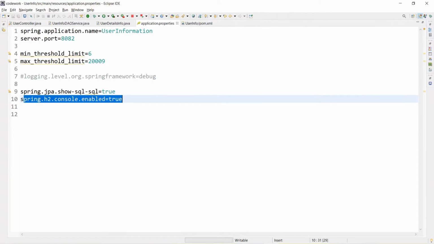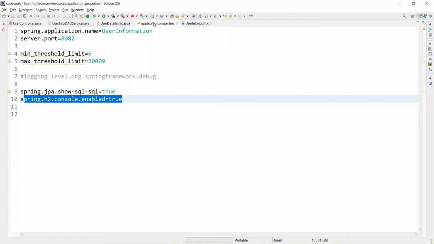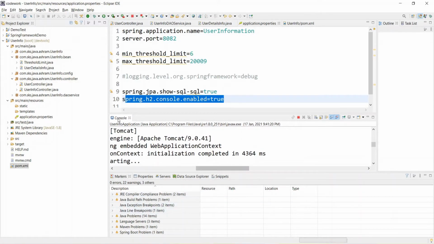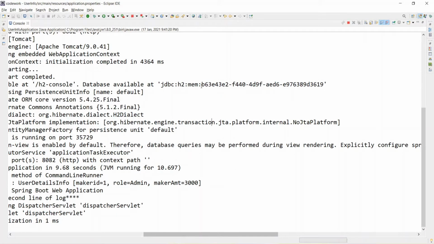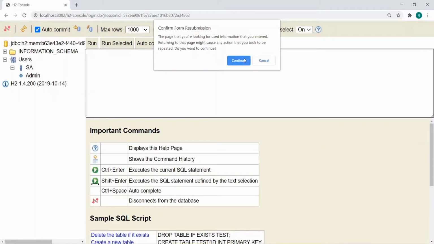So assume currently what we saw: every time you restart the application, your JDBC URL will be a different one, right? So go to the console again. If you see the console, this URL will change every time. So let me stop this application and show you. Go here and refresh this.